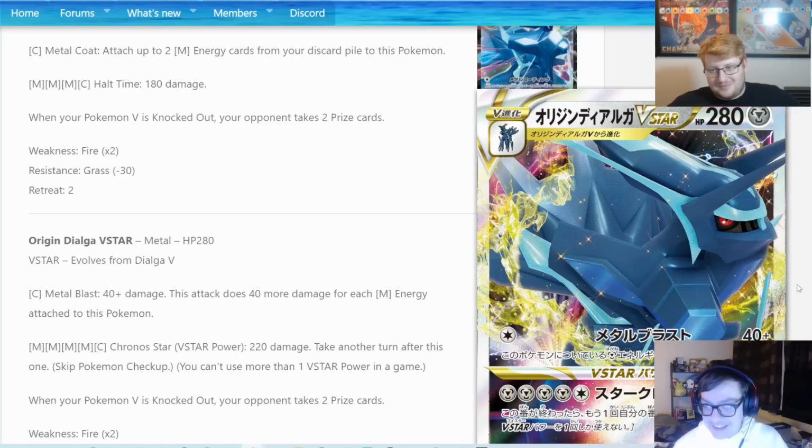I've taken Dialga to a regionals before and done absolutely trash, but had so much fun playing it. And I'm going to play this again because it seems like a whole lot of fun. Unfortunately, I'm coming to terms with the fact that it's probably just not good enough. I think realistically you have to pair this with things like Zacian and Bronzong to be able to get to the Chronos Star. I think the games you'll win are the games where you really do well in the early turns and you're able to Chronos Star early to try and stop your opponent setting up